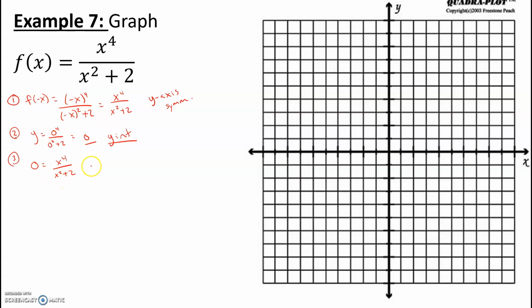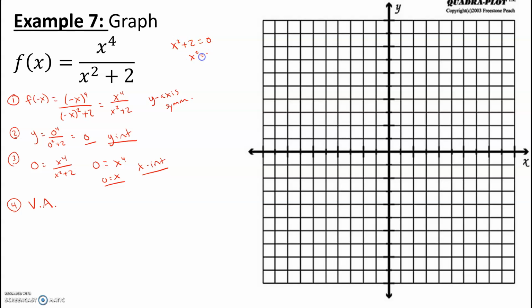Multiply both sides by x squared plus 2. And take the 4th root, which is still 0. So our x-intercept is going to be at 0. We're going to do some horizontal and vertical asymptotes. We'll start with vertical asymptotes. Remember, for vertical asymptotes, you want to think about things that cannot happen in your domain. Well, here you know the denominator can't equal 0, but if you were to set this equal to 0,